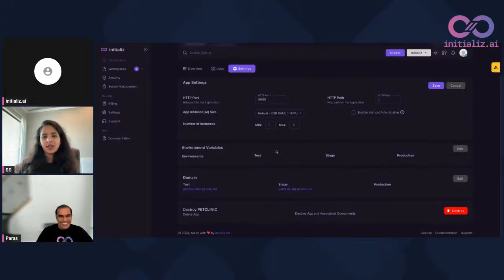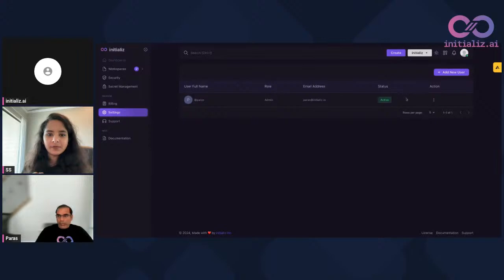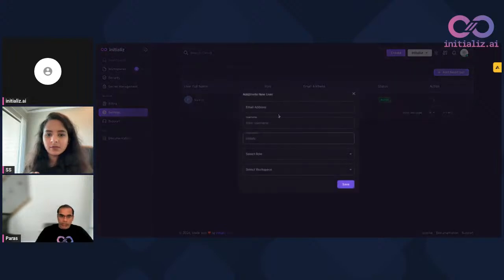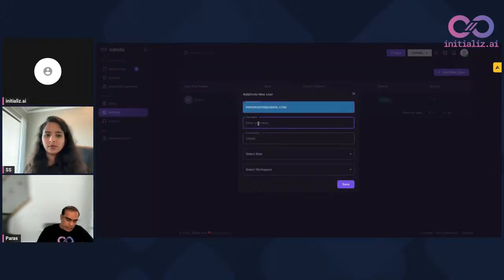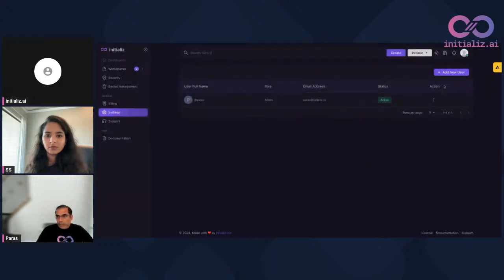But we do have RBAC in place, so we have access control. Who can destroy the app, and what access they have, and what they can and cannot do. Yes, so we have access control in place for that as well. We can always add new users. You can invite the people to your stuff. I can go and invite